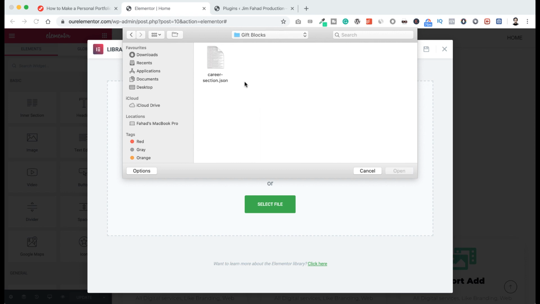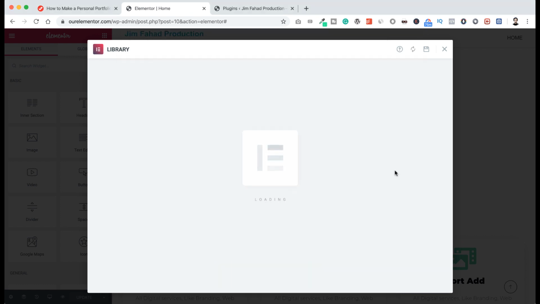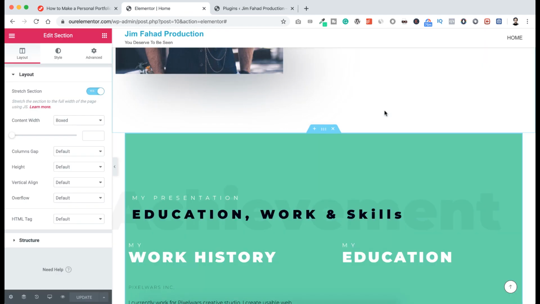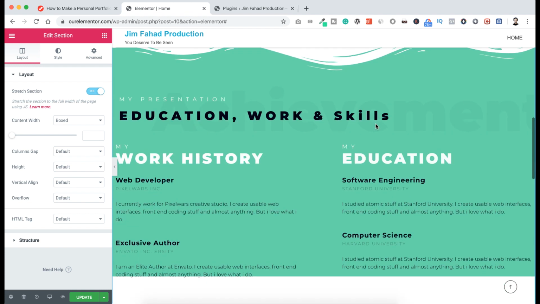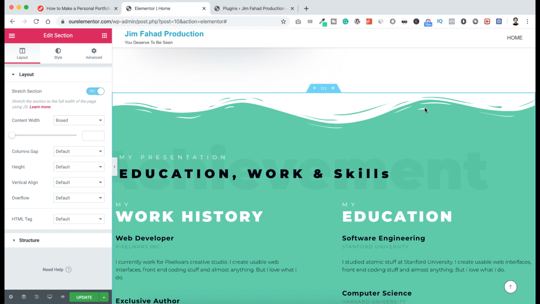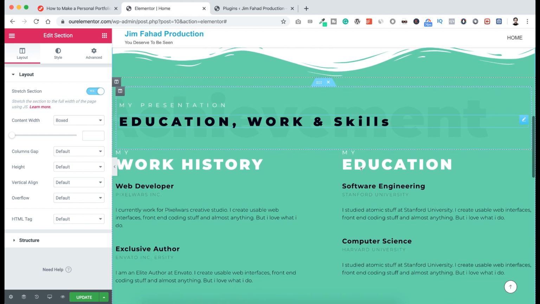And inside there, you can see a JSON file says career-section.json. Now select this and click on open. Now here you can see inside my templates, here is career section, template added. So let's now just click here on this insert button. Here we go. So here is our career section with nice shape divider,